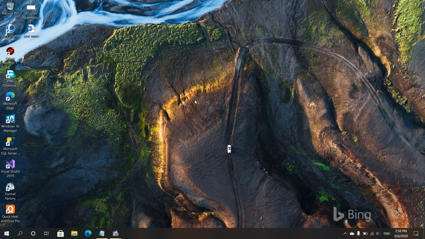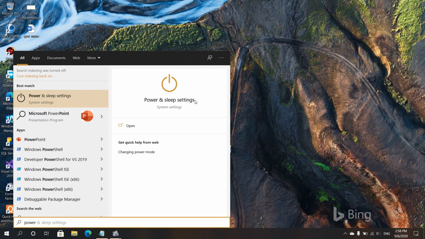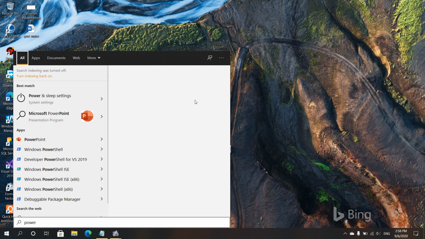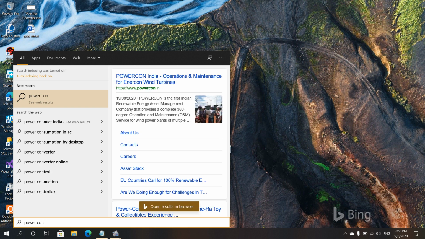You can even do it by searching in the Start menu in Windows 10, but the disadvantage is that you need to know the exact name of the program you want to open. Suppose you want to open the power options, you need to know the exact name such as power, so it will display in the Start menu the options which are available. If you want to configure the power options or power plan, you need to type that exact name, and only then can it display.